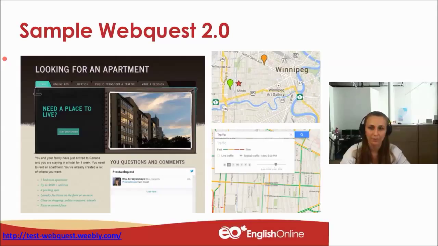Okay, so I created this web quest using Weebly. It's a free tool to create websites and blogs. So basically, you can use any platform you know or you prefer to create your web quest. For instance, Google Sites have the same opportunity of creating a free website. You can use your blog if you have a teaching blog and your learners know where it is. You can do it using a wiki,